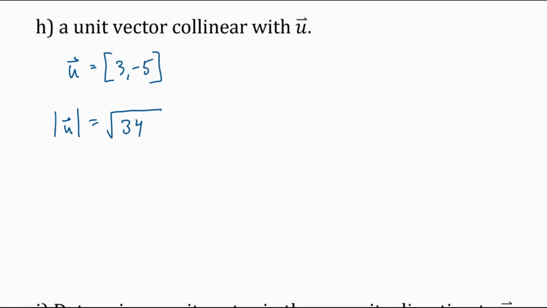So in order to find a vector that's collinear, we can multiply by any scalar multiple. If all I had to do was find a vector that was collinear to u, I could multiply by 2 or 3 or -5 or 10 or 100, or any scalar multiple, and I would have a different vector that has a different magnitude but is still collinear, or parallel, to vector u. Okay? But if I want a unit vector, I have to multiply